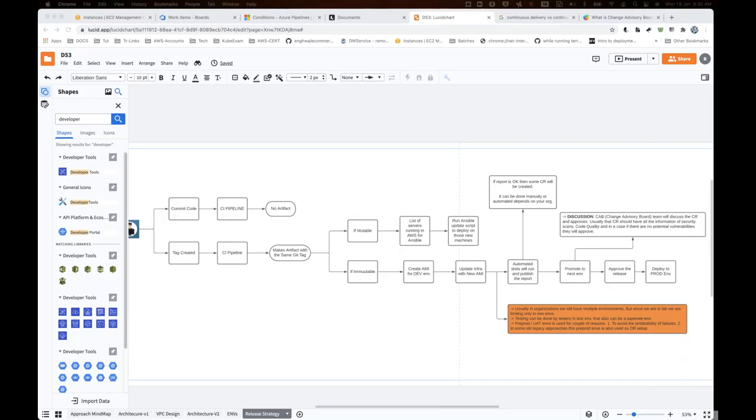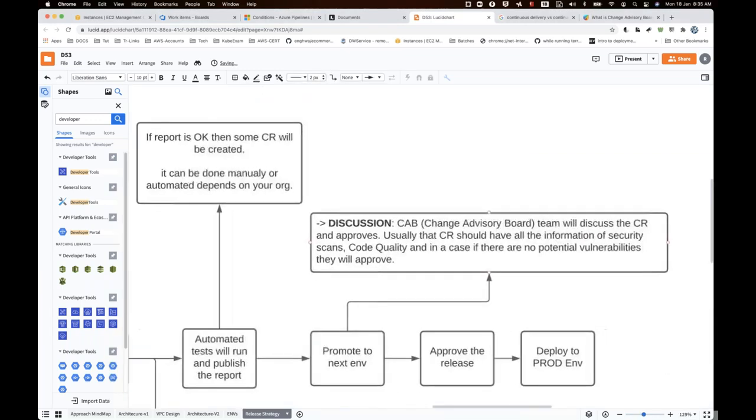Why wait till the CR for security? Maybe if security is already engaged in the sprint, with early engagement of security, then they can do a scan before. Why wait till the... No, see, I'm saying that usually the CR team should have all the information of security scans and code quality.